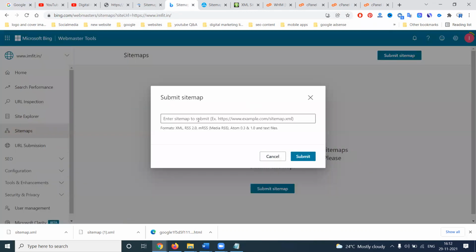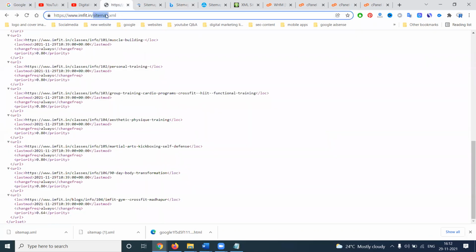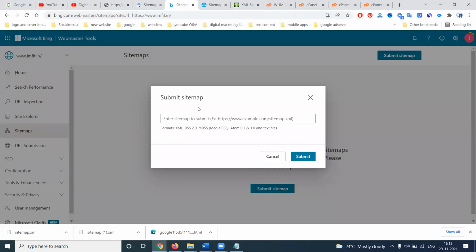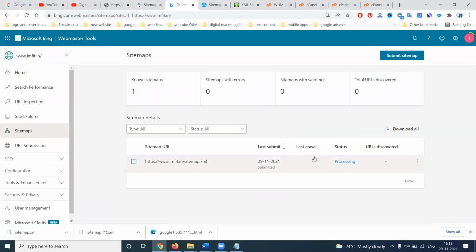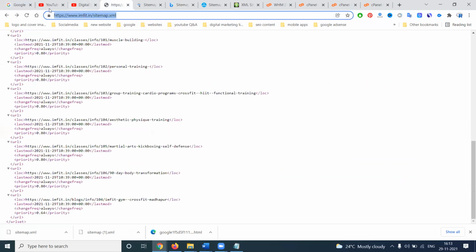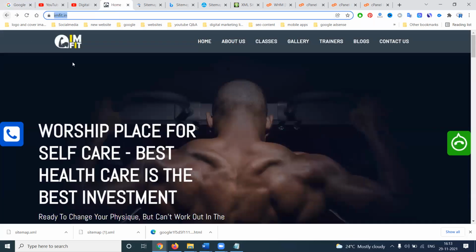So submit the sitemap. We can copy the complete URL, not only the extension. Submit. The process takes within 24 hours, and the links will be processed for your particular website. So it is compulsory and important to submit all URLs for Google Search Console purposes. Robots.txt and the XML sitemap are very, very important.